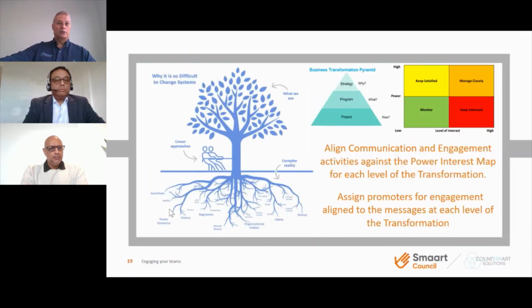Ganesh, would you like to talk a lot about why it's so difficult to change sometimes? So I think, if you look at this diagram of the tree, when we look at the change, we think that, okay, fine, it's easy to move, because if you're part of the program, we have a vision, and we say, okay, fine, if you do these 3 things or 4 things, we can move the entire process or the organization towards one way or the other.